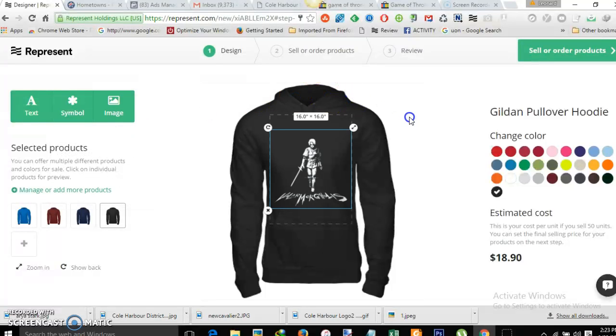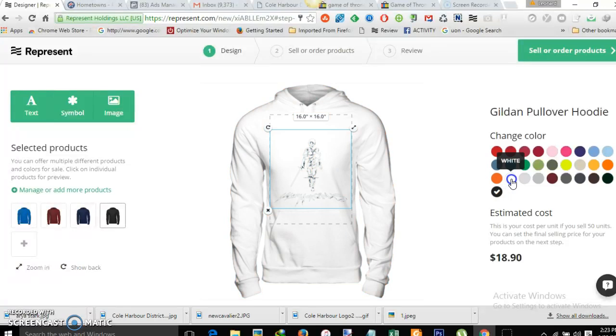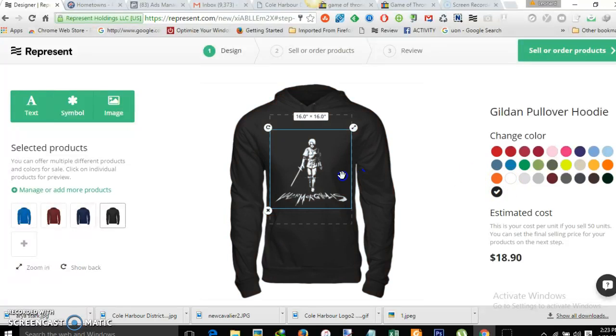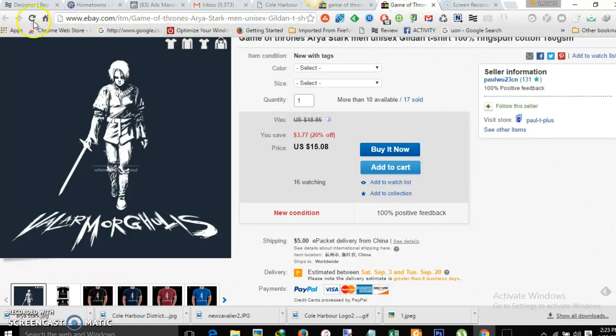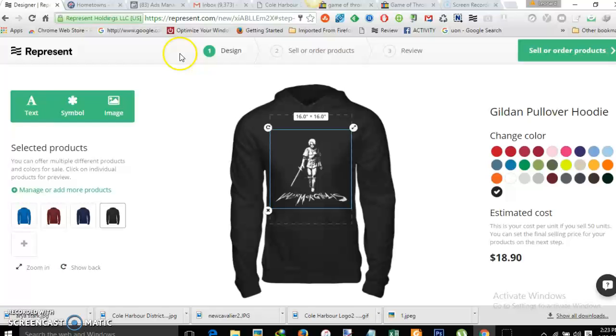There you have it. There you have your design. You can make it bigger in Photoshop. And I think you see the watermark is gone as well. So you have the design, and when you compare it to this, it's not as good. It's on a t-shirt. So anyway, you get the picture. So that's how